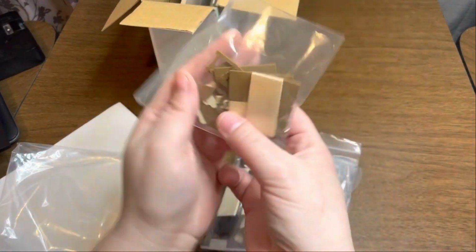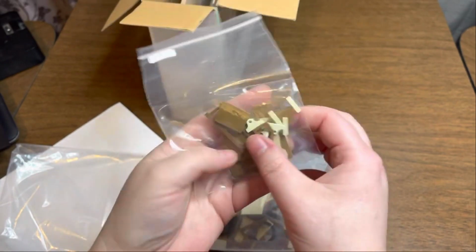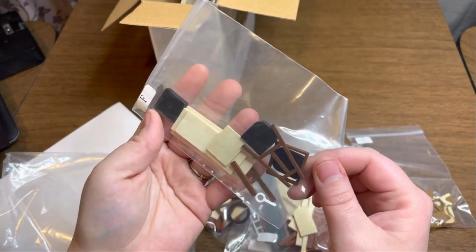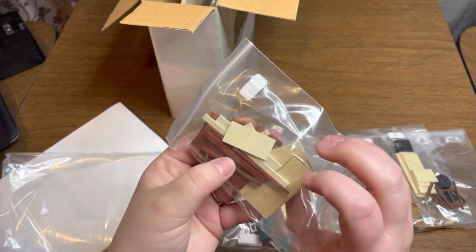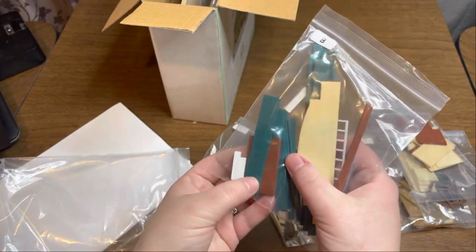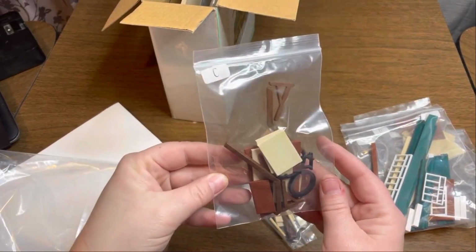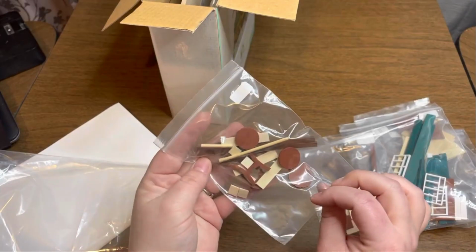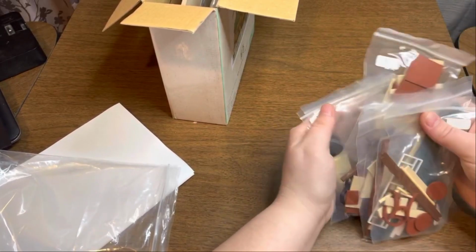Okay, so let's just take a look at these bags really quickly. So these just look like it's very, very small wooden pieces. Just trying to see if anything looks broke. I don't see anything. More little pieces of wood. I wonder if that is, no, that looks good. Okay. It's actually very nicely put together. Nothing looks broke. These painted pieces don't seem all worn or anything. More tiny pieces. Lots of gluing in this one. Those are probably the chairs and stuff. That's cool. Okay, I'm gonna put these back in the larger bag,